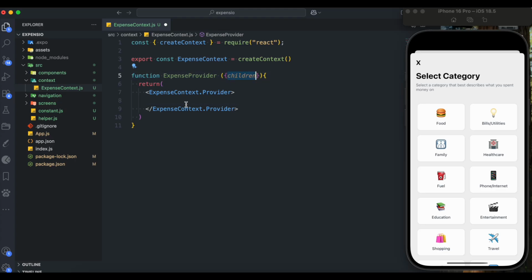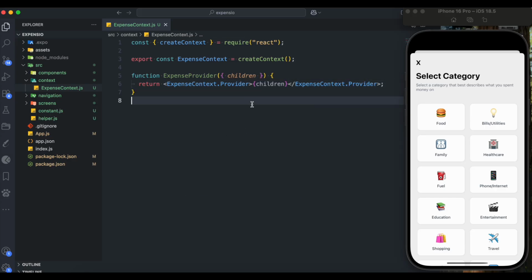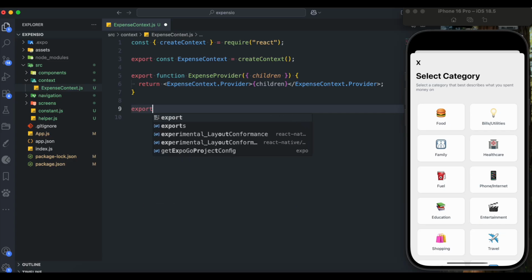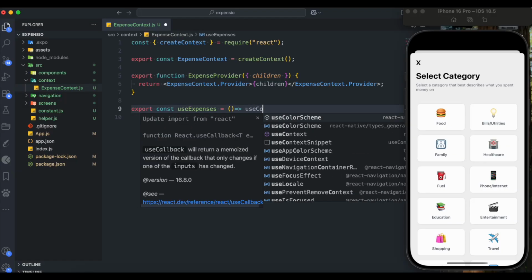And this children is used here like this. Okay, so this is the basic expense provider we have created. Now we need to export this also. So like this, export const use expenses, and we are going to wrap it in our arrow function, use context